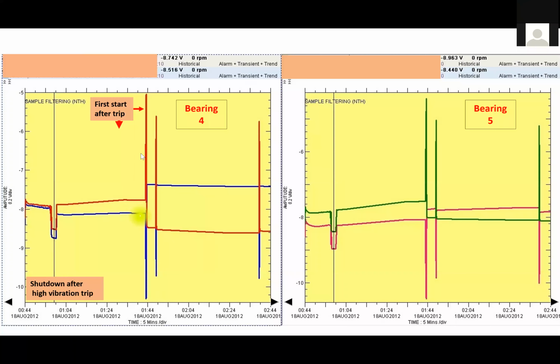And then at this instant of time, operation started the machine. And then you can see that there is a sudden change, the gap voltage has changed like this. And then the machine tripped here. And after some time, the operation again gave us another start command. And then this is how the second start was there, same way. And they waited for some more time, and then they gave the third start command. But in all these cases, you can see that the gap voltages just change like this. So now let us look at a zoomed version of these gap voltages, and let us understand what could have happened.